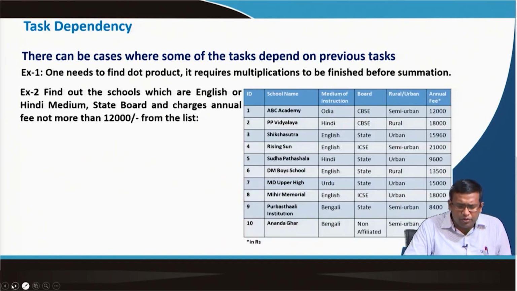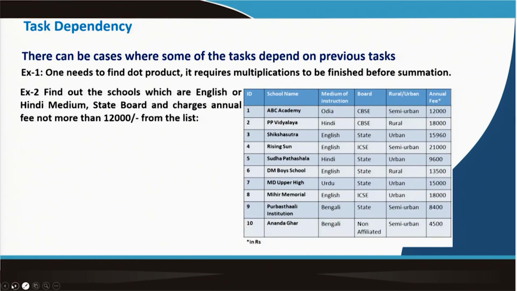I will go to a more elaborate example. This is not exactly a scientific computing exercise; rather, this is more a query processing exercise, but it will give us a good idea about task dependency. For example, for some policy making, somebody gets a list of 10 schools in his locality,